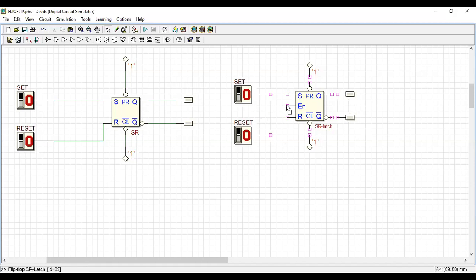What should I connect to enable? I should connect 1. This is enable.